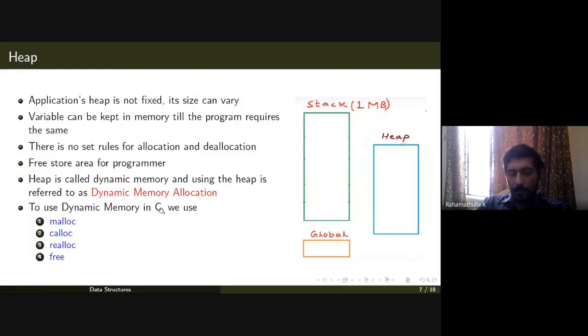This is in the C programming language. In C++, you will have operators called new and delete. Those who are familiar with C++ programming may know this. But these functions are also available in C++ because of backward compatibility with C.